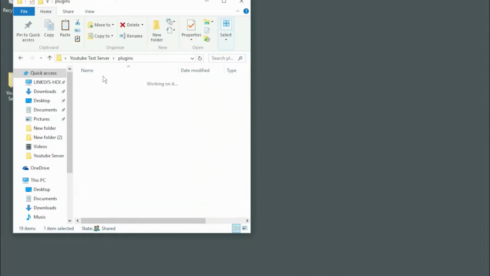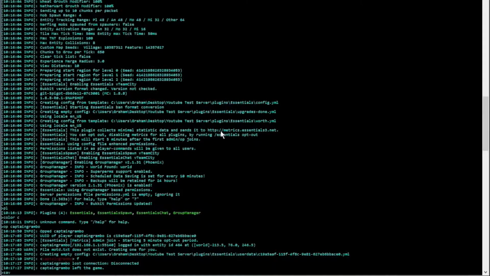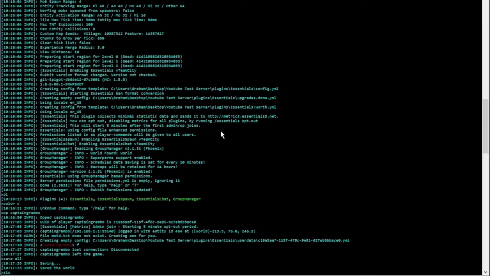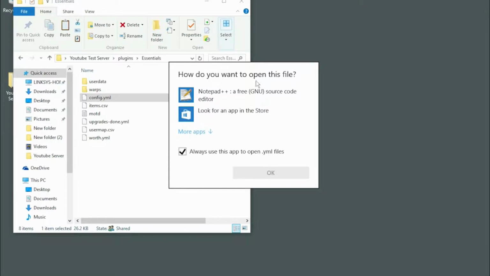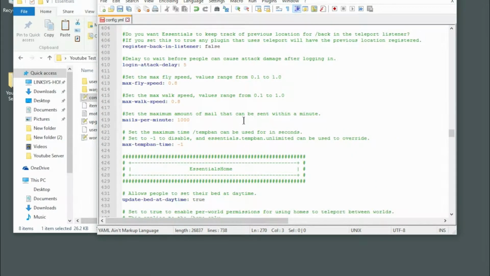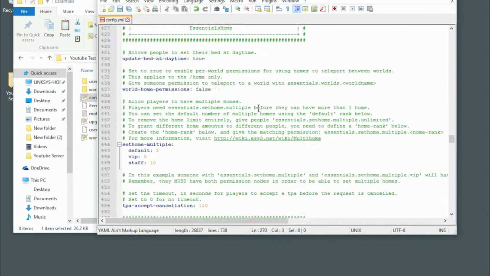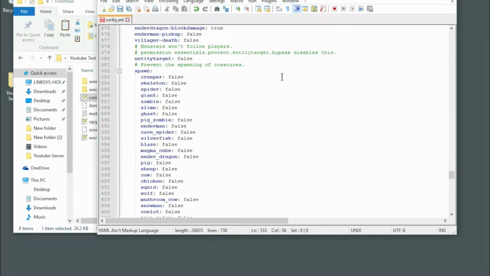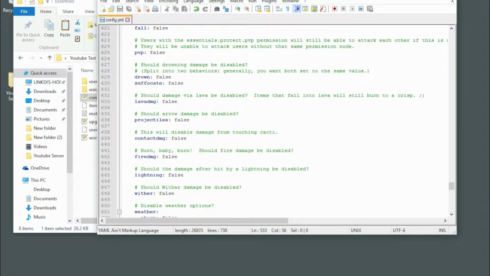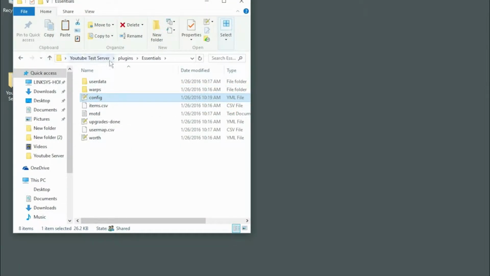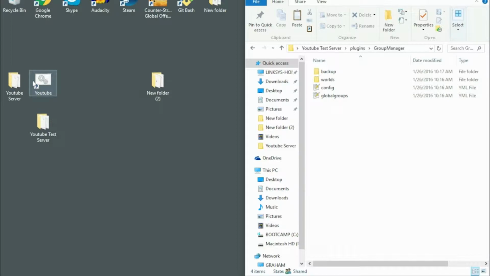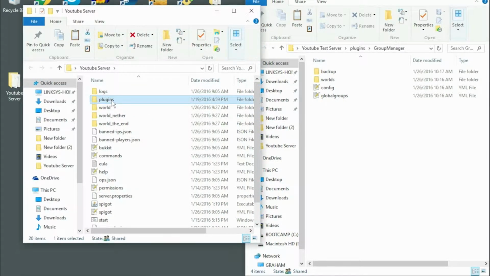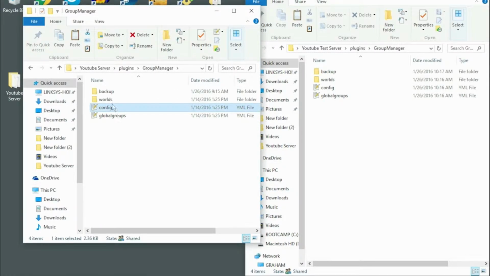Now we're going to come into the plugins after stopping our server. And we're going to come into the plugins. You can see it's created some folders. Come into Essentials, the configuration, Notepad++. Again, I made another video on this, so there's not really a reason for me to have to go over it. Again, there's not a whole lot you really need to go over, but just save it. And then this is the confusing part, is the GroupManager, because there's so much that you have to do. But I'm going to go ahead and copy over my configuration. And just for you guys, I might leave it down there below in the description. Probably not, but